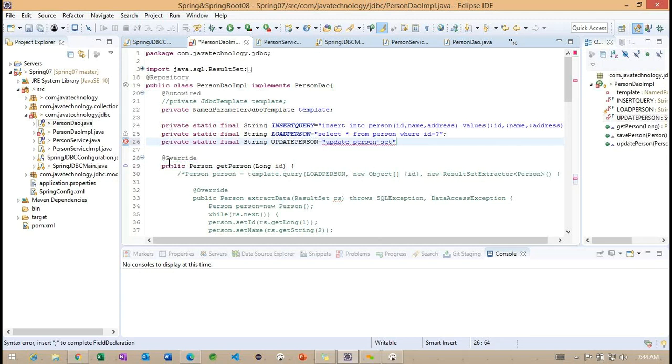Update person set name, and where ID is equal to ID. So we need to add the name and we need to specify the condition also.